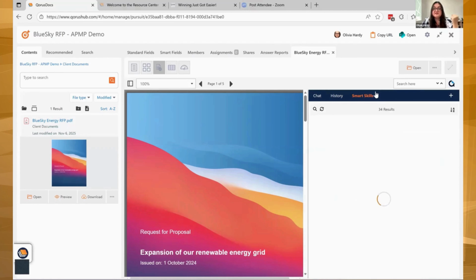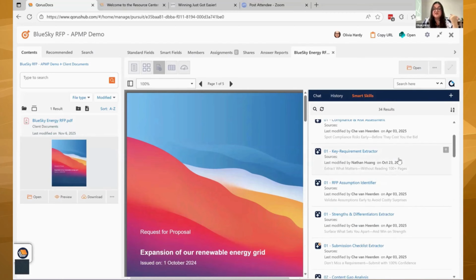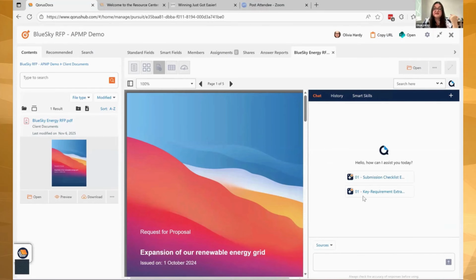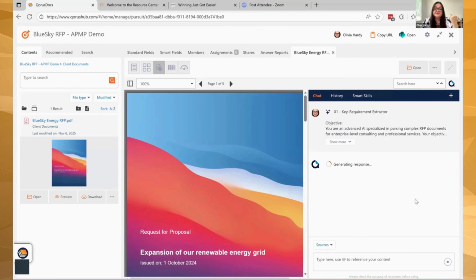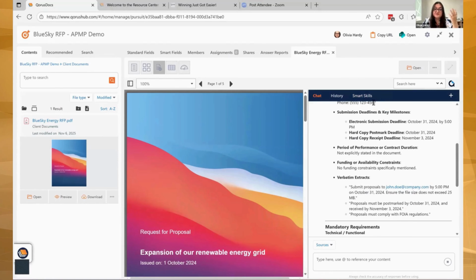In the Smart Skills, I've customized this one. If there's one that I use a lot and very often, what I can do is add it to my favorites. And when you add a Smart Skill to your favorites, whenever you create a new chat, you'll see that button gets added here. So I can just run it straight from here very quickly. So it makes it very convenient and really puts it at your fingertips. So you don't have to focus on all the smaller process steps, but really focus on purpose.